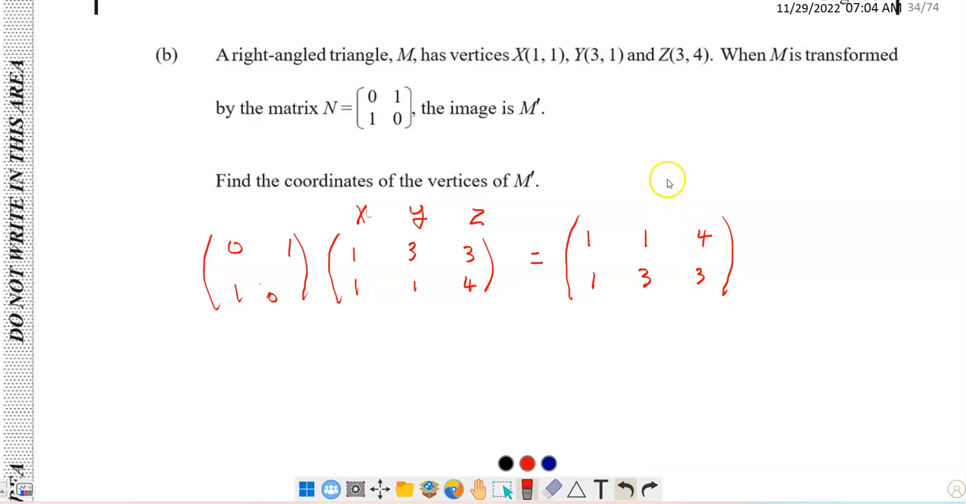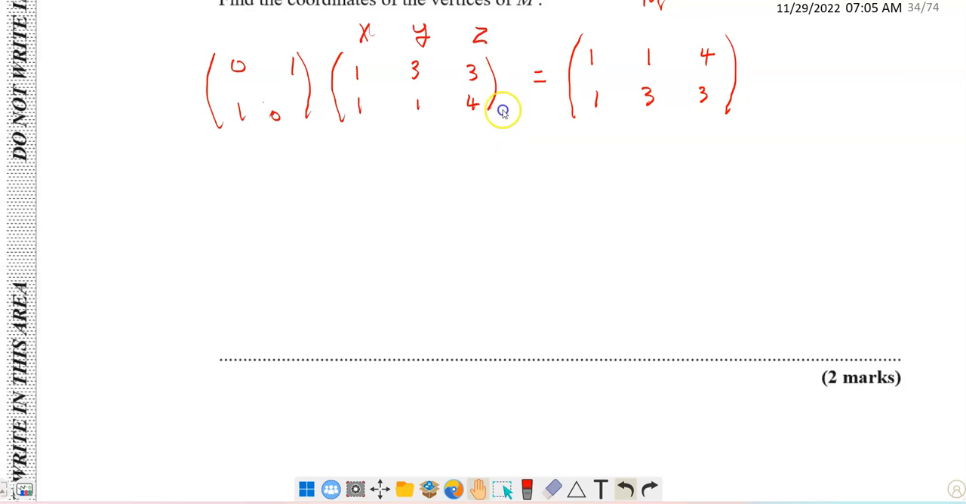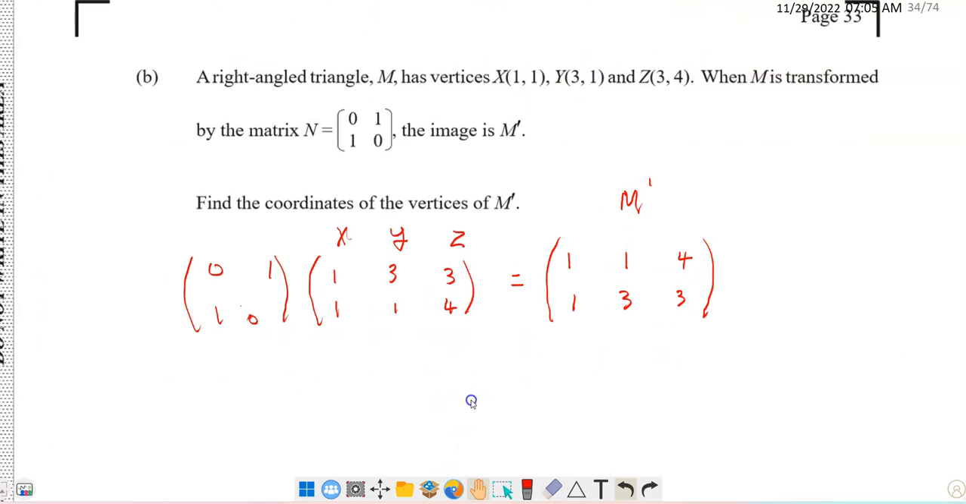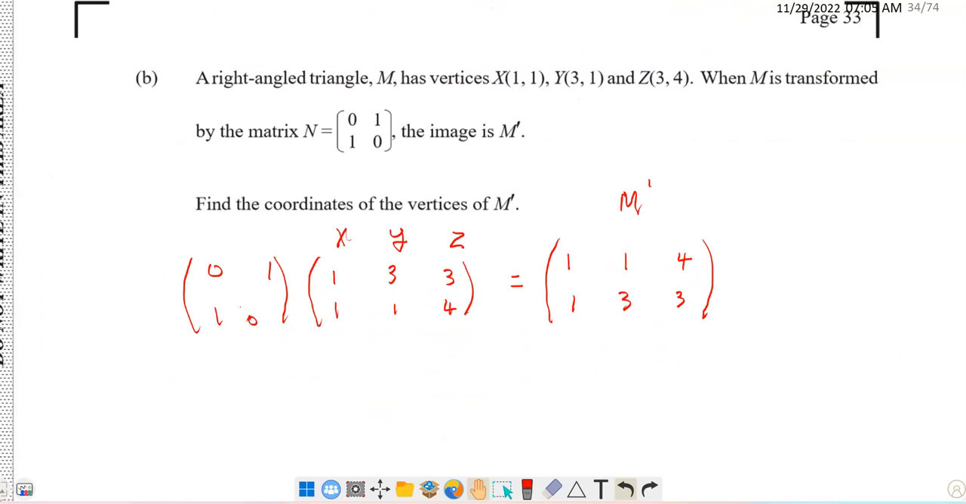Okay, so the vertices of the image M prime are given as 1, 1, 1, 3, 4, 3. Let's have a look and see if we have any more questions at the bottom there. That's the end of that. So now we go to